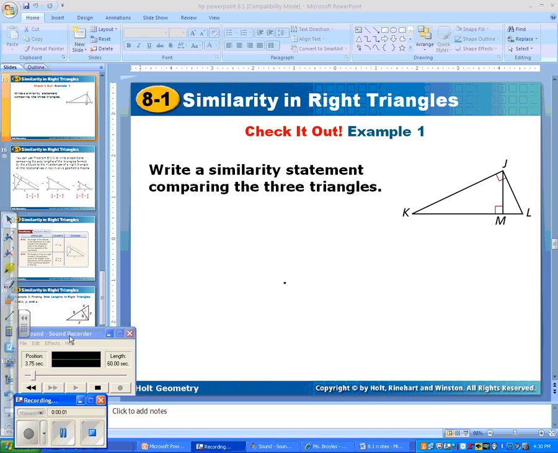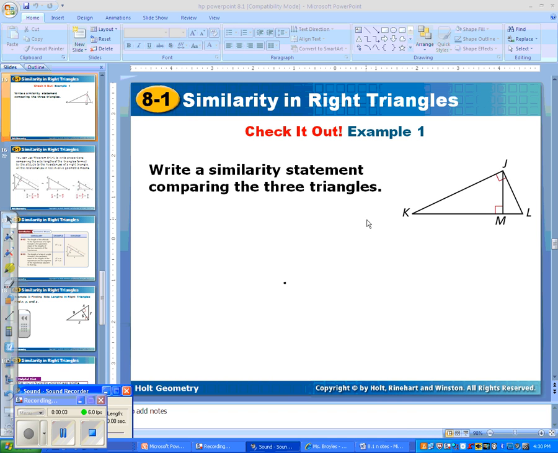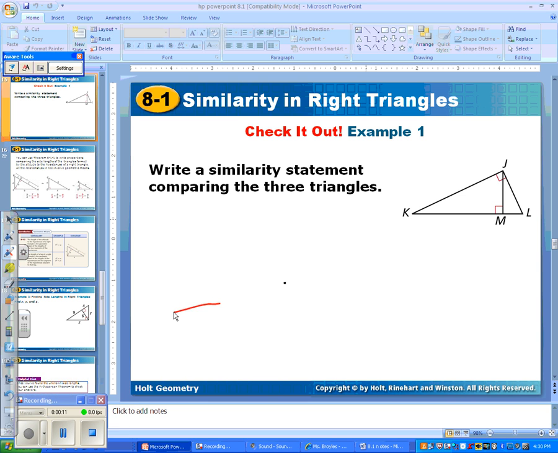Okay, so the answers to this question: write a similarity statement comparing the three triangles. You can, if you want to, you do not have to, but you can redraw these triangles. And if I redraw them, yes, I know, I'm such a great artist. I'm always going to put the right angle in this corner. You could do it however you want to do it. It's no big deal. So comparing the big triangle, J is here,